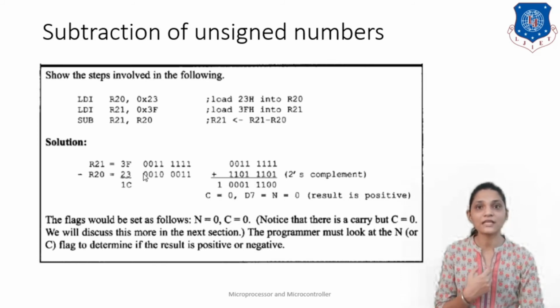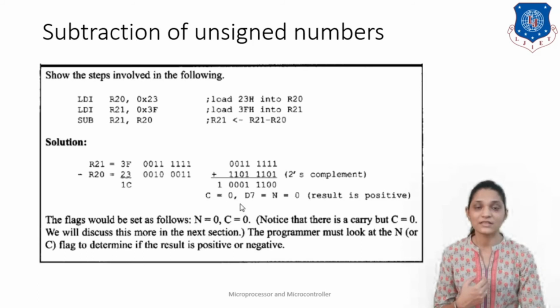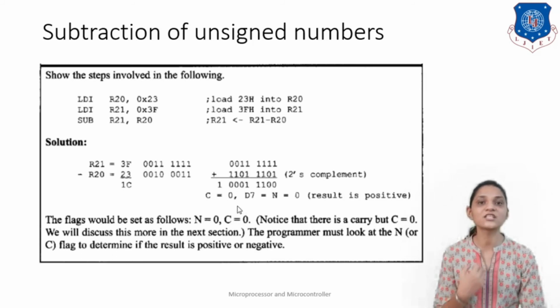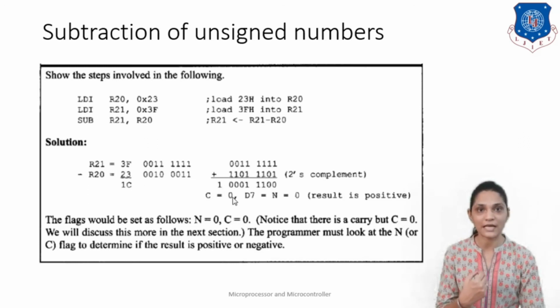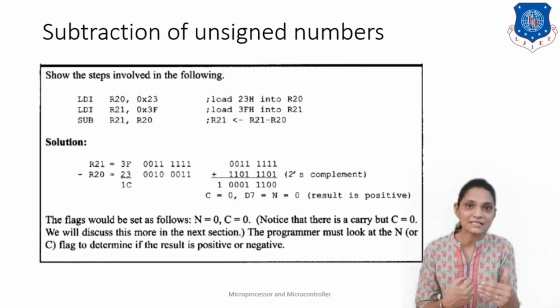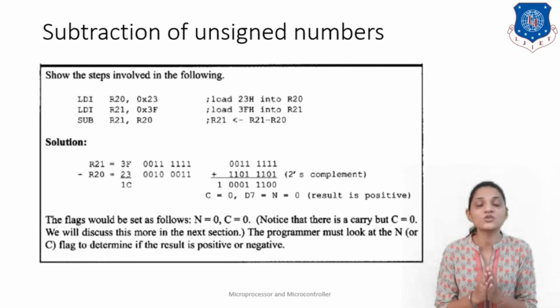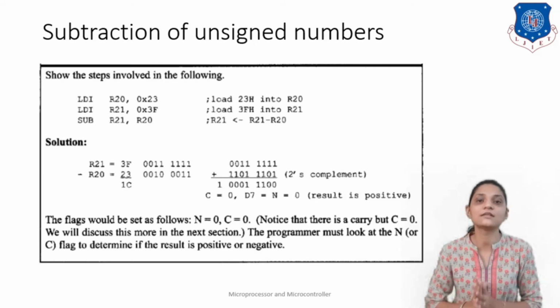So first we take the 2's complement of the subtrahend, then we add this to the minuend and complement the carry. If it is 1, then we put it as a 0, which shows that your result is positive. If it is 0, then we complement it and put it as a 1. If after the subtraction operation at the last stage we get the carry as a 1, that means your borrow is generated, and depending upon that your result is negative.